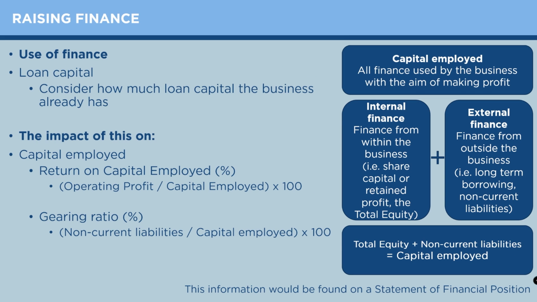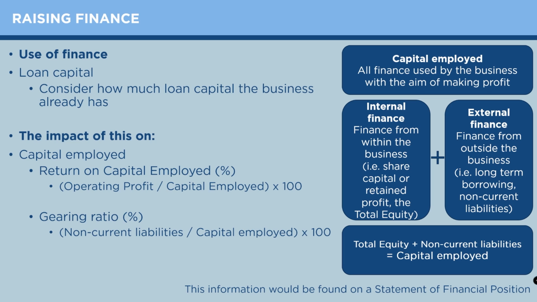We also, I guess to go a little bit further, I'm going to link this to ratio analysis a little bit as well. Loan capital, we talked about existing levels of debt. We've got to consider how much loan capital the business already has, especially if they're considering taking out any more. And then we've got to think about the impact that this has on the capital employed. Capital employed is a really important term because it's used in two of the calculations that you study in ratio analysis: return on capital employed